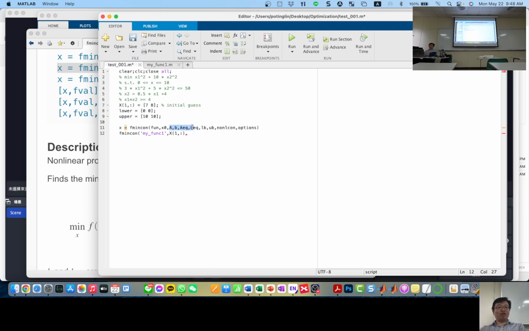So what do you do for those four? You can just put empty brackets here. Just give fmincon nothing. Okay? Then my lower bounds, upper bounds. Okay? For nonlinear constraints, I'm gonna call it my con1. And then later on, I'm going to set up some options. Okay, so that's how you're going to do. And in return, fmincon returns the optimal solution. So I'm going to save it as the second row of my X. Okay,